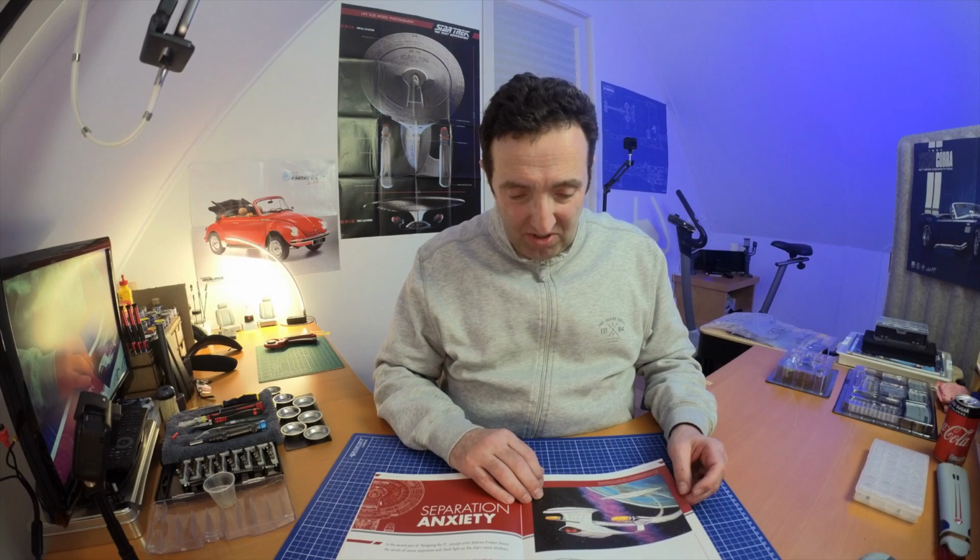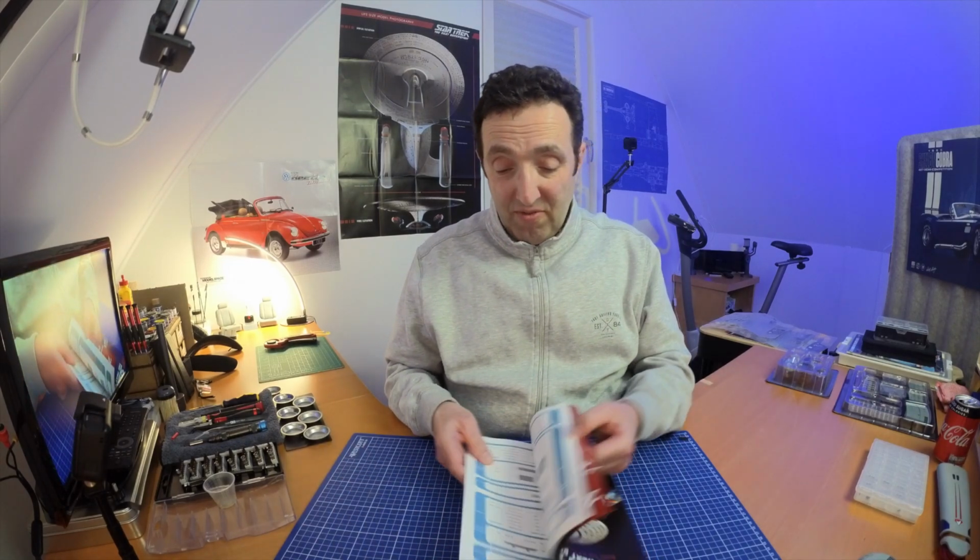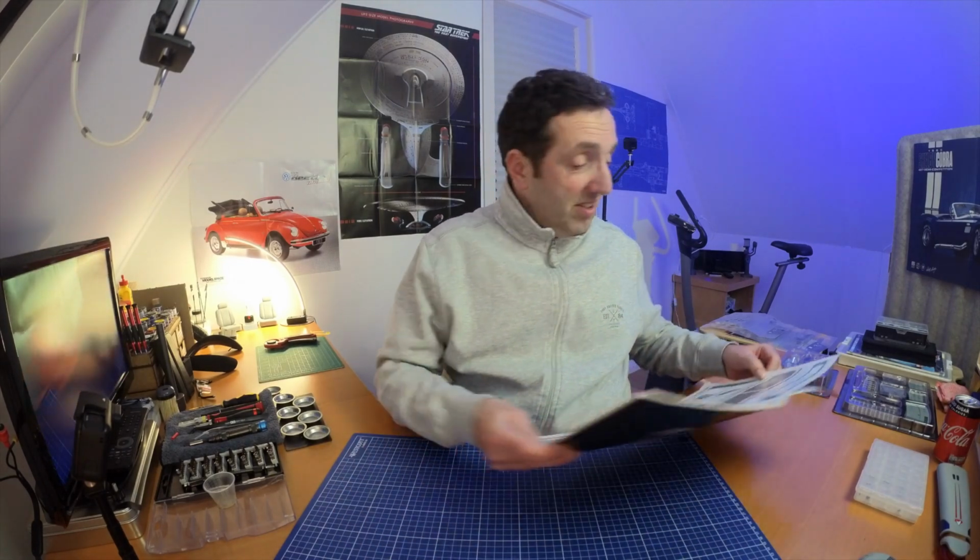Separation anxiety, that's talking about separation of the saucer from the rest of the spaceship, and how they wanted it. And also hands-on decks is all about how the decks are supposed to be layered, and the ship build shows how they make the models that they used in the film. But without further ado, let's just start with stage